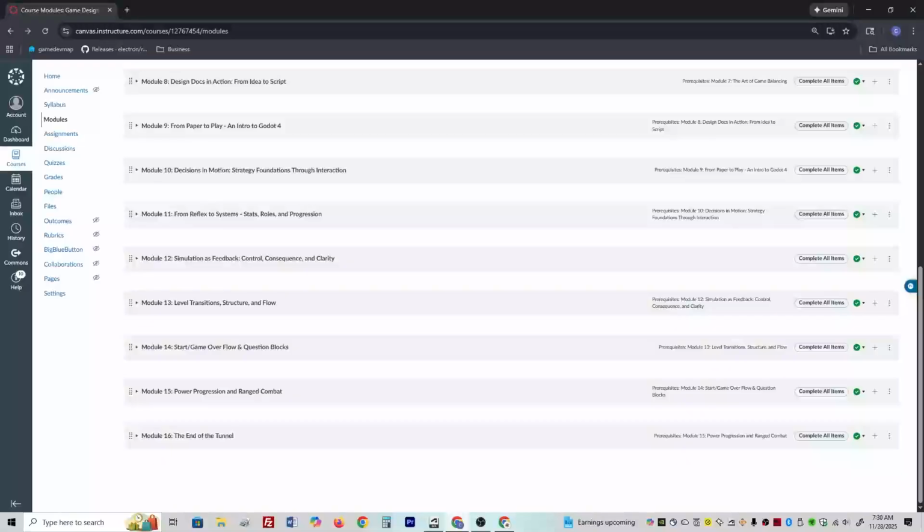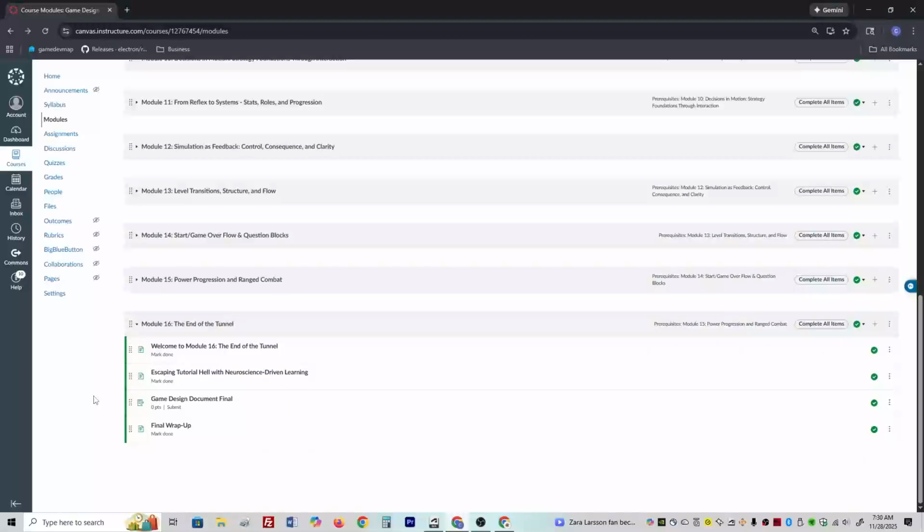Throughout these modules, the tutorials provide step-by-step guidance, but students still have to make design decisions. They learn not just how to do the code, but why mechanics matter and how they support the player experience. By the end of Module 15, every student will have a functioning prototype that reflects both solid design principles and practical development skills. Module 16 gives the students a space to reflect on what they built, articulate what they learned,